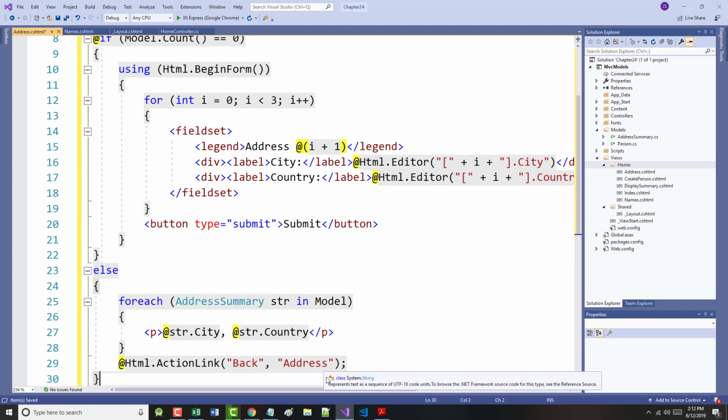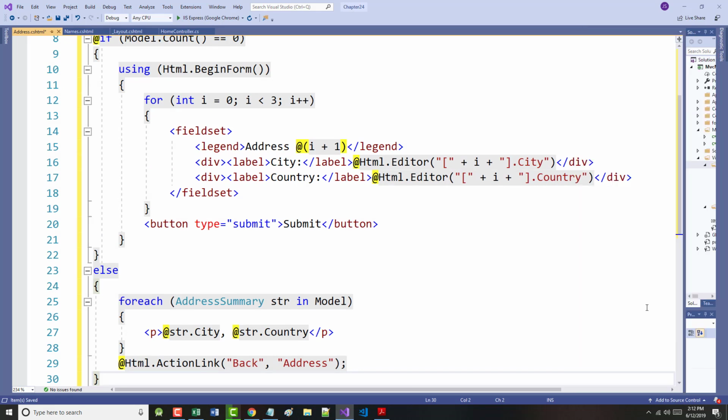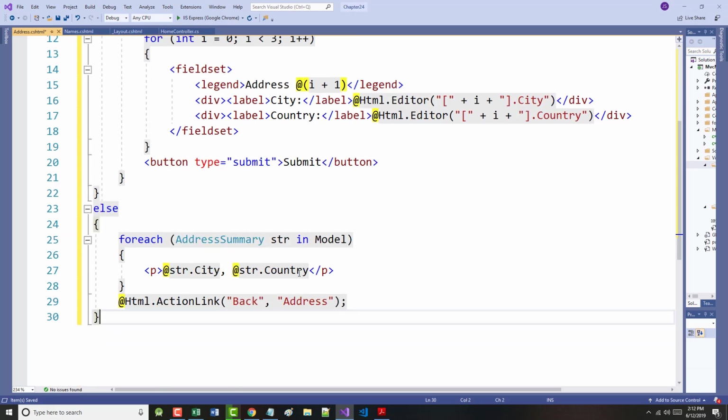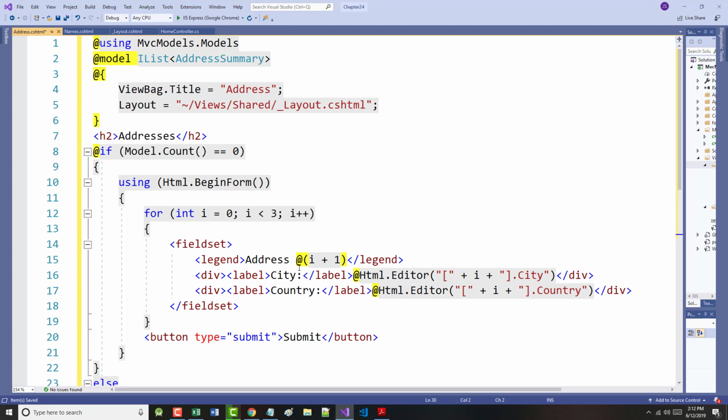The form consists of pairs of input elements whose name attributes are prefixed with an array index. So if we save and run this,